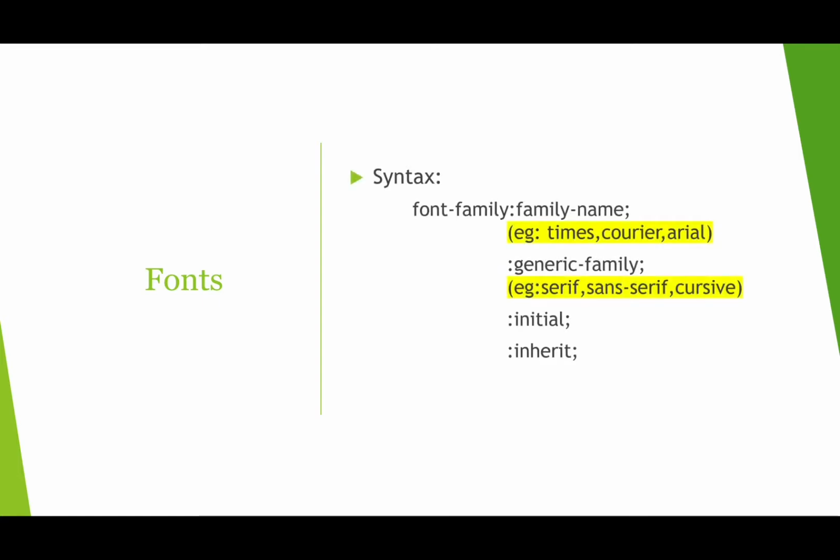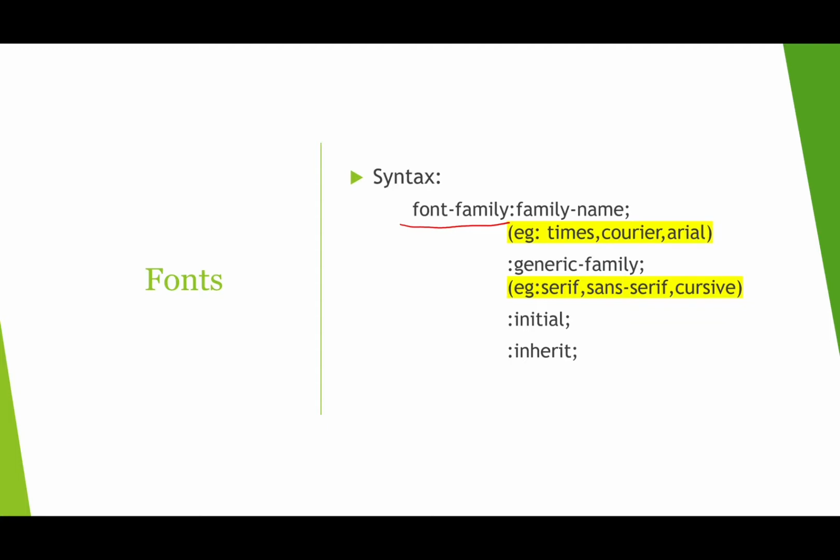The CSS font family property defines the font to be used for an HTML element. The property name should be font-family, and the value for this property is the font names. The font family property can hold several font names as a fallback system. If the browser does not support the first font, it tries the next font.